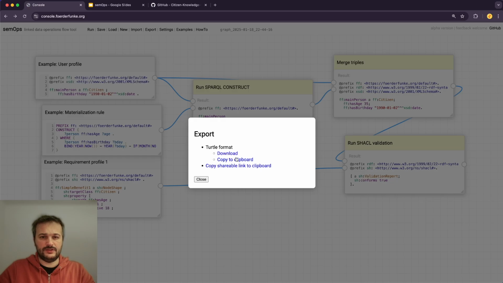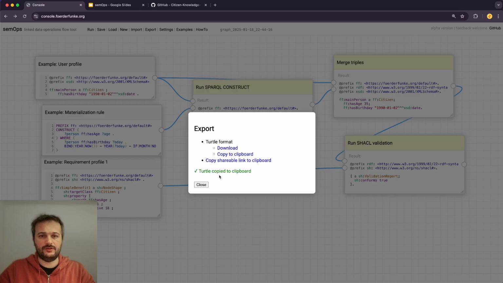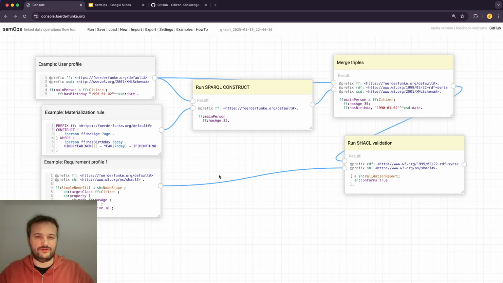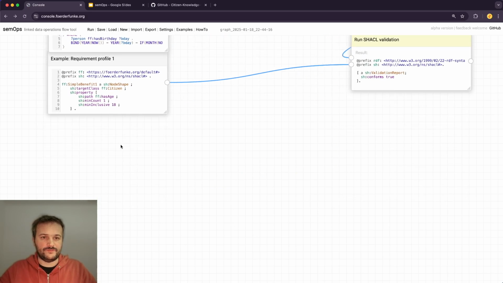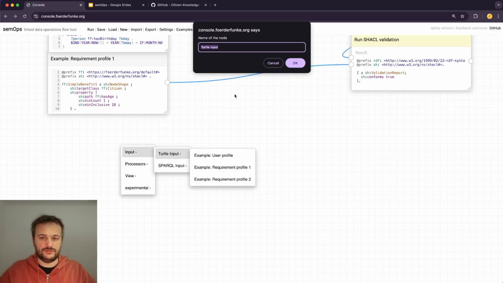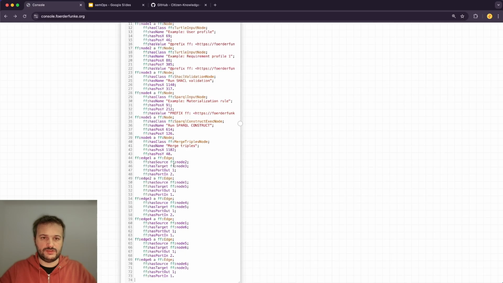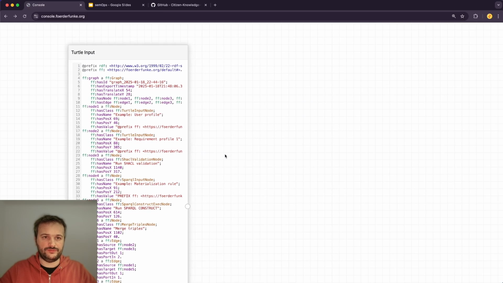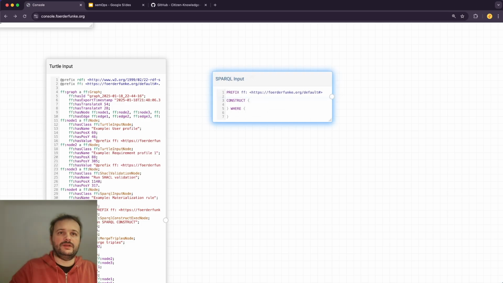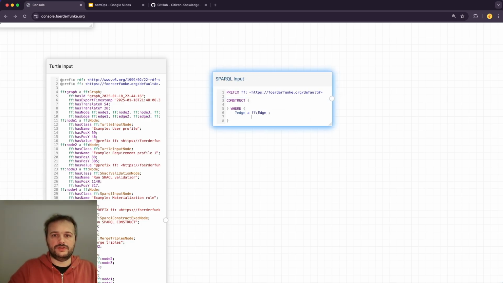Let's look briefly at a second example. Let's actually copy the representation of this very graph flow we're looking at here as turtle, and get it in here. That's the whole thing. We have some metadata about the graph, some nodes, and some edges down here that are connecting the nodes. What can we do with this? Let's say an edge is of type edge. It has a source,